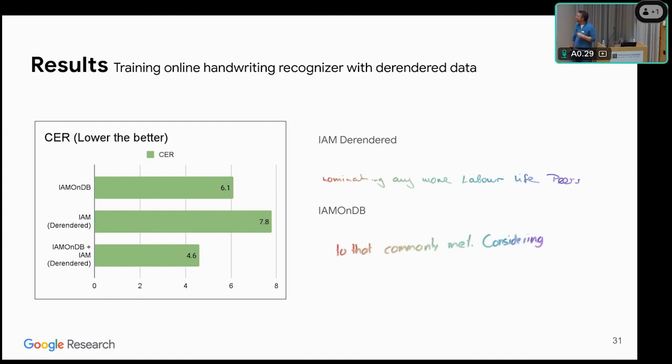And this is where it's pretty cool, because if we compare the top one, so that's with the original, the second one is using the de-rendered ones, which is actually worse than the real data. But when we combine the two, we can get even better.